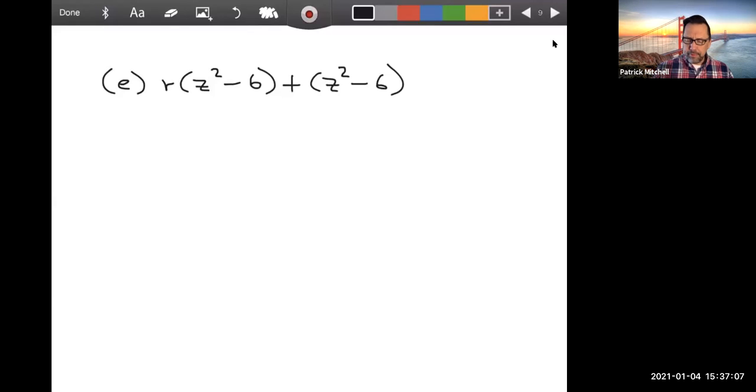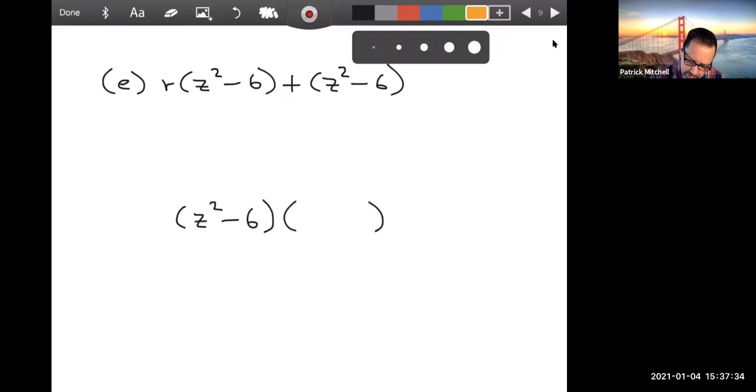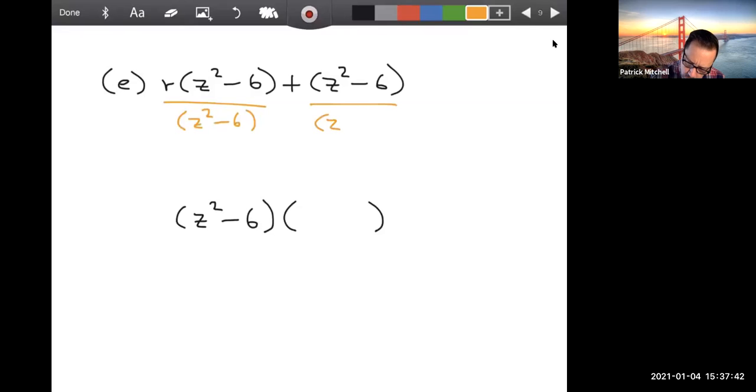All right, and the last example for this set is pretty similar to the last one. The only thing I'll point out that sometimes trips students up: my GCF is z squared minus 6. So that's going to be part of my answer. Okay, but what's going to go next to it? Well, again, think about your thought bubble. If you were to divide each of these terms by z squared minus 6, you would be left with not only an r